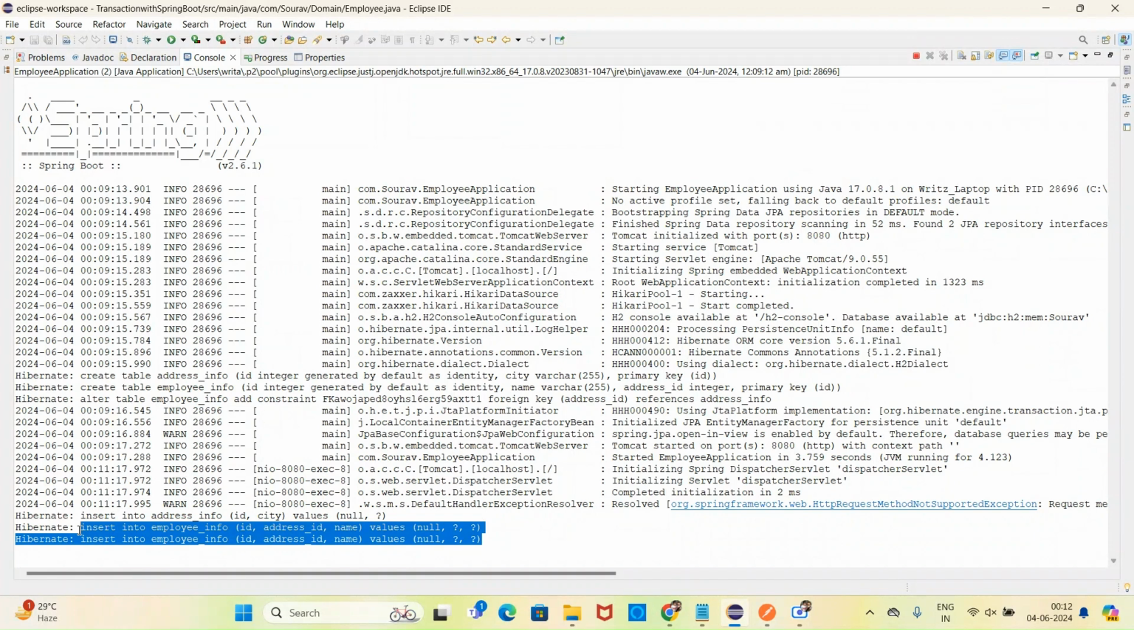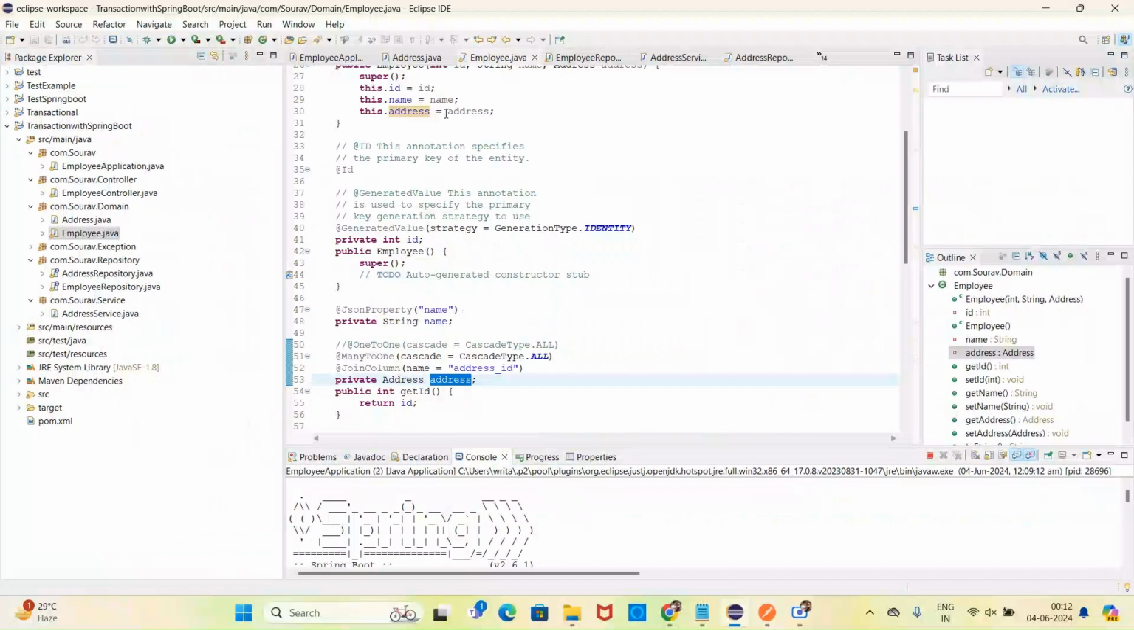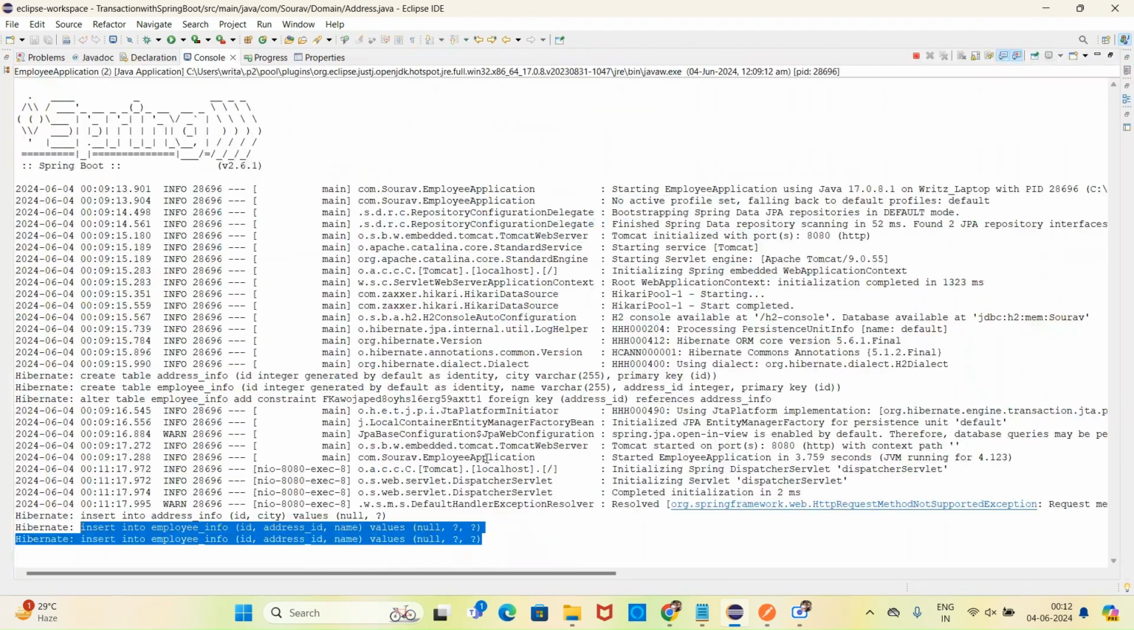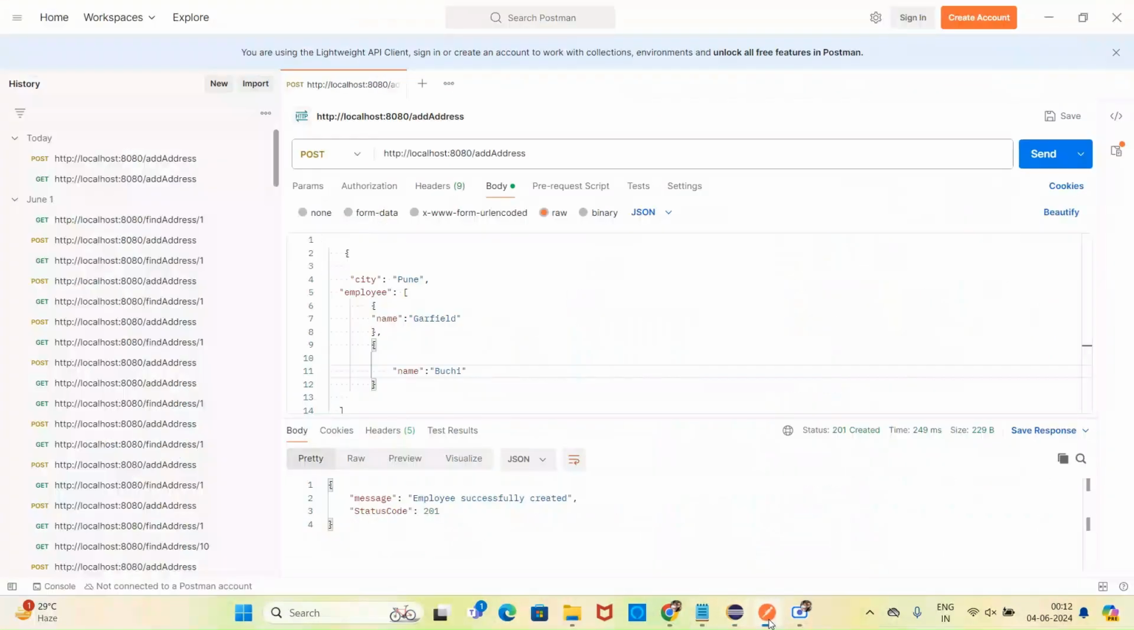So that's why we are keeping a list of employees here. If you see in the address entity, we are keeping a list of employees. If you see, insert into employee info, and we have inserted these two values. Now I want to add some more employee details into